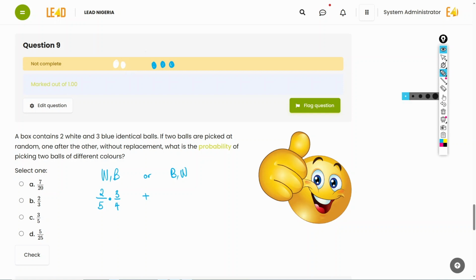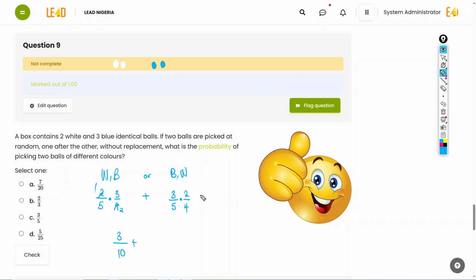So probability of picking a blue ball is 3 out of 5. All right, now let me take out the blue ball we just picked because it's without replacement, and probability of picking a white ball now becomes 2 out of 4. So let's solve this. Here 1, here 2, we end up with 3 out of 10